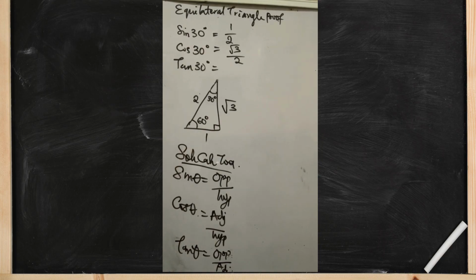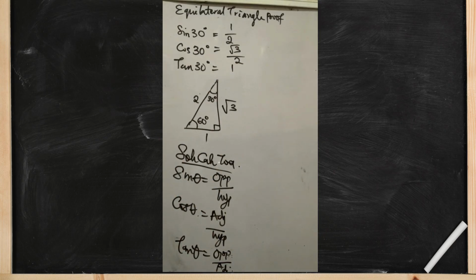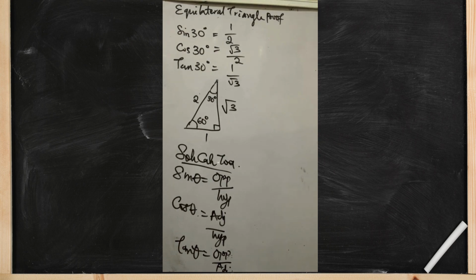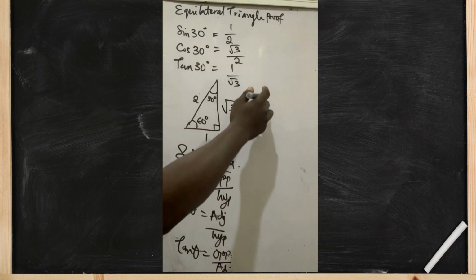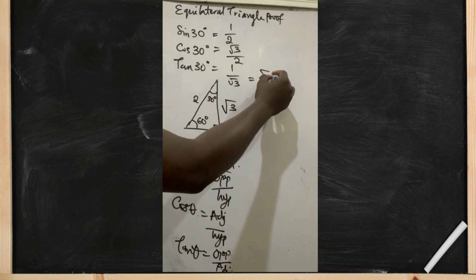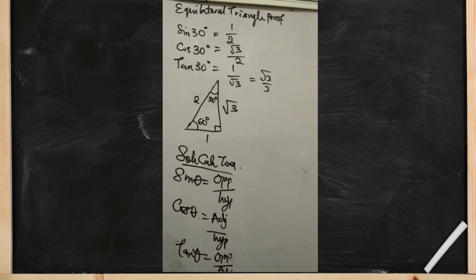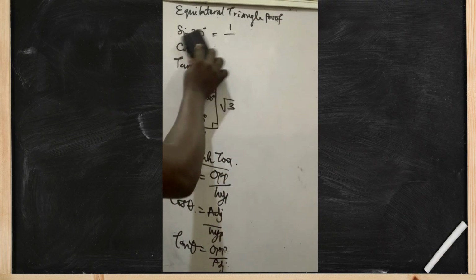How about tan 30? What is the opposite of 30? It is 1. What is the adjacent of 30? It is root 3. So it means opposite over adjacent, 1 over root 3. And if you are considering this being solved, you can eventually have it to be root 3 over 3, if you are solving questions and it needs not to be left in that manner. So moving forward, we're also having